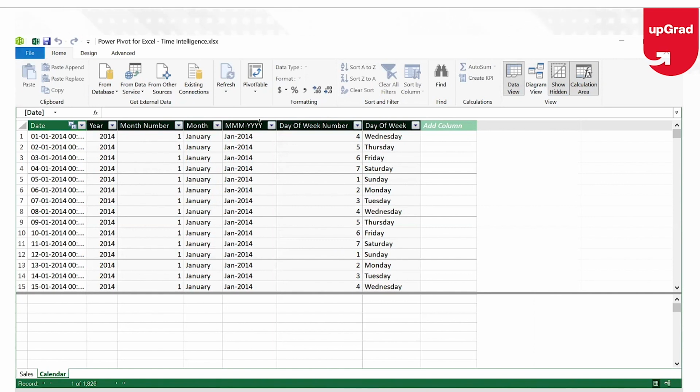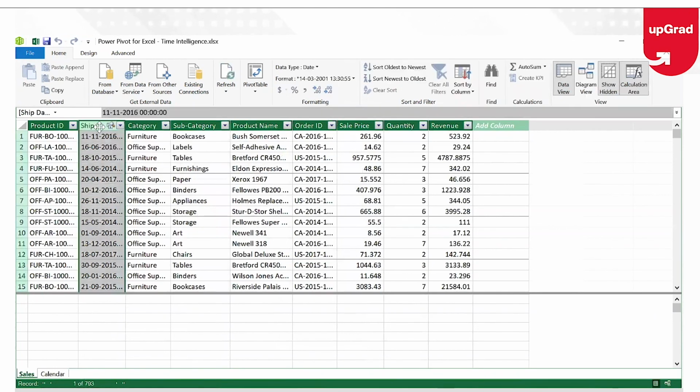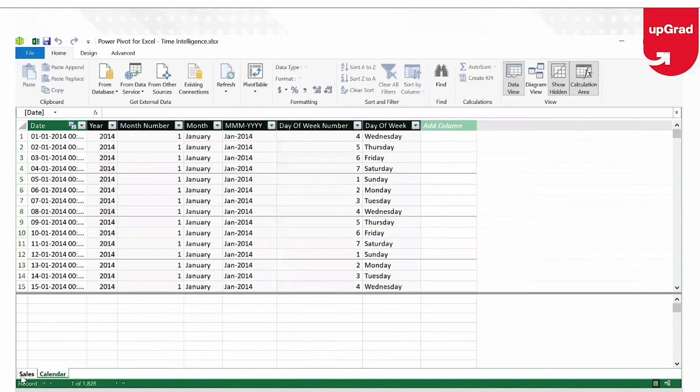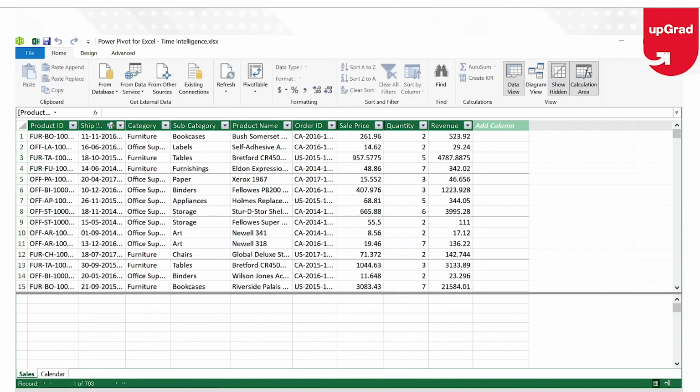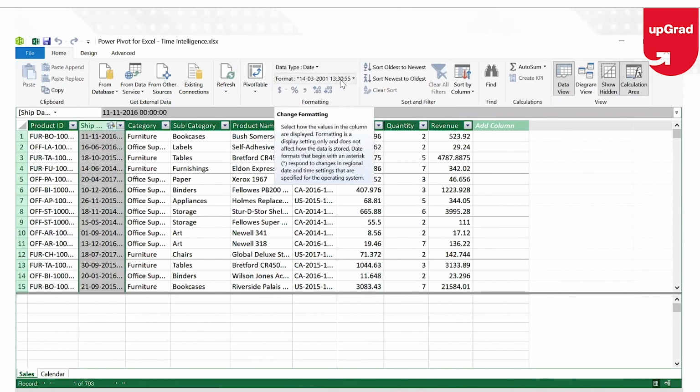So it is very, very important that we actually have the data for time intelligence. Now, one more thing that you have to be very, very careful about is when you enter any date into your database, you need to make sure that its data type is always converted into date. If this data type is text or any other data type, the time intelligence or this calendar will automatically not pick up the data. So you have to be very, very careful about the time intelligence part, because this formatting is very, very important when you're performing time intelligence functions.